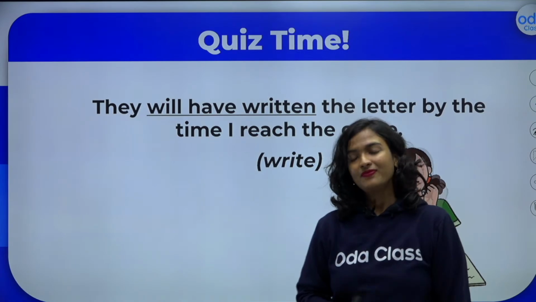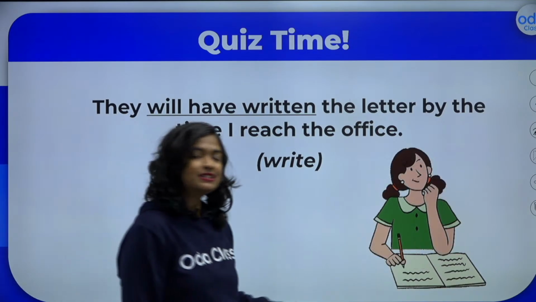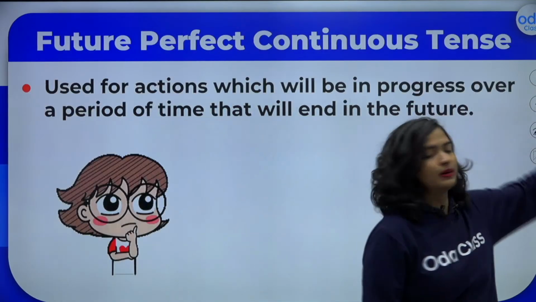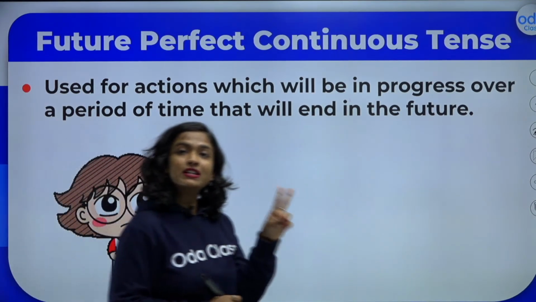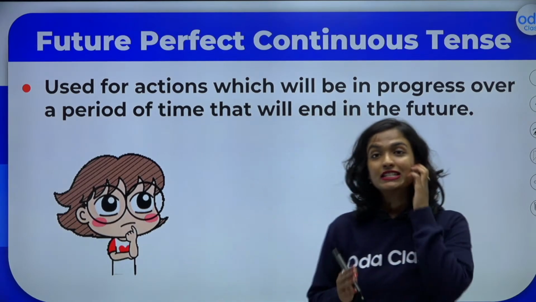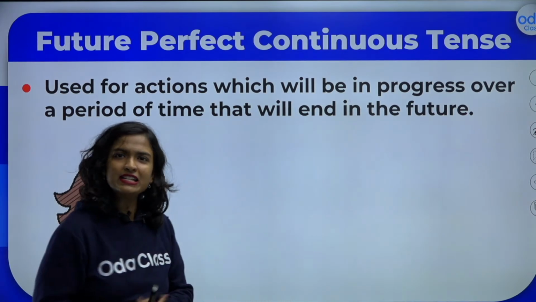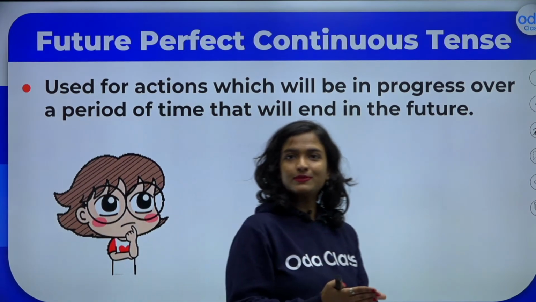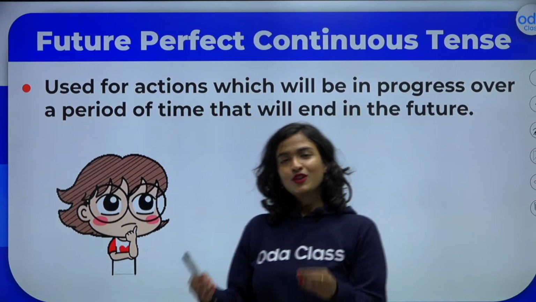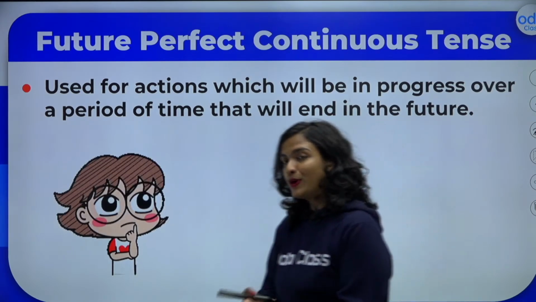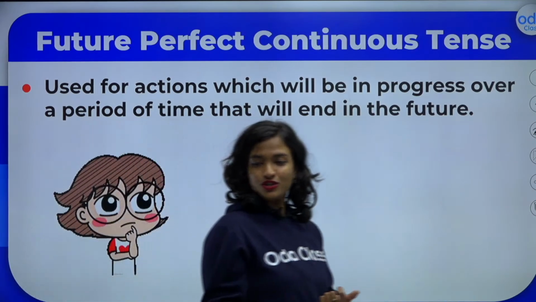So now, students, this brings us to our fourth and our last type of future tense, which is our future perfect continuous tense. Now, tense number 2 that we learned about today was future continuous. Tense number 3 was future perfect. Now, students, let's put both of these things together, right? Future perfect continuous. Remember, kids, continuous is for an ongoing action, correct? Or for definite future plans. Perfect is for actions that will be completed at a certain point in the future.